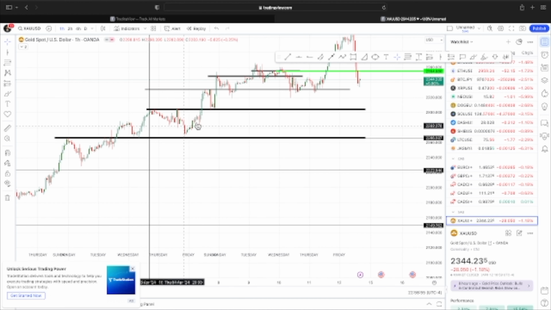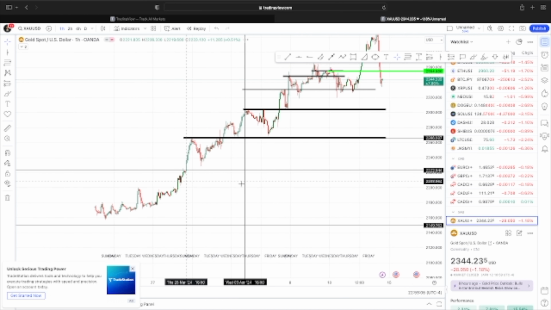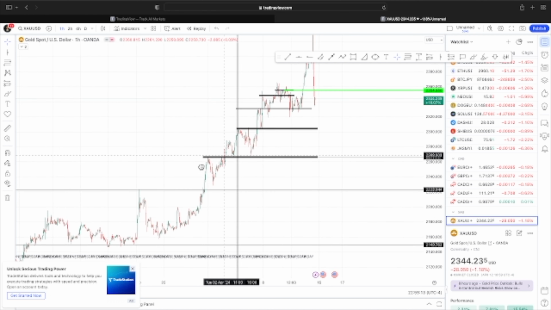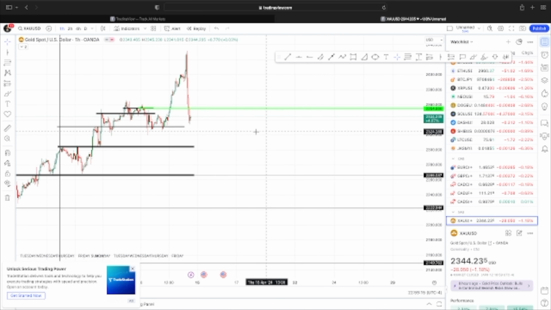If I had just really looked at the bigger picture at the time, I probably would have bought and held for a little bit, considering gold had been pushing. But again, whenever this happened, I was like, okay, maybe gold gonna actually pull back hard because of all the buying momentum that it had, but it continued to go up. So now the market may be about to actually sell off.